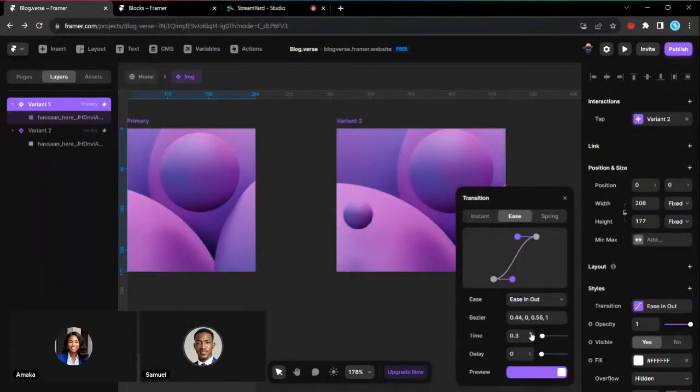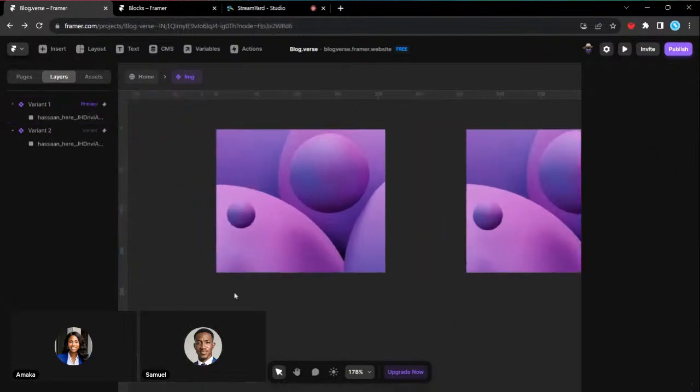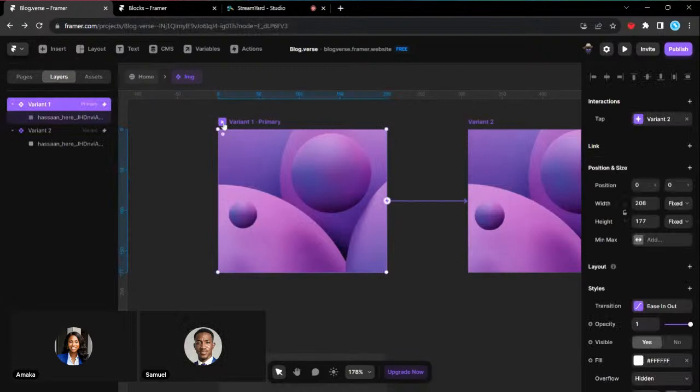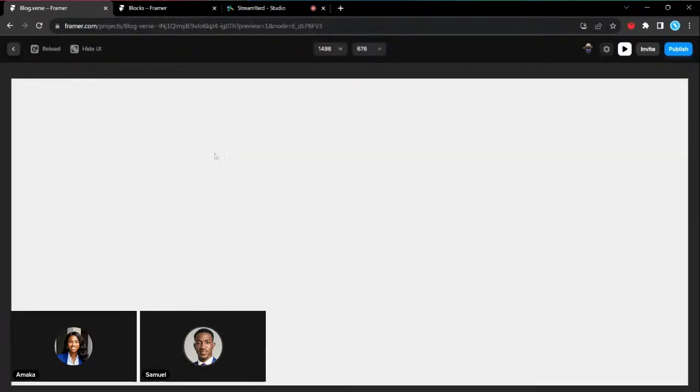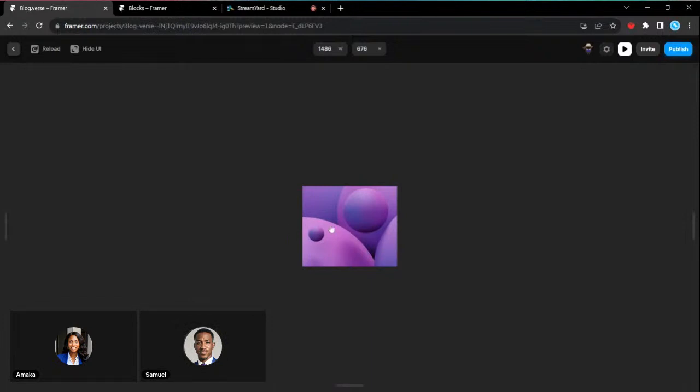Then you can set the transition to 0.5 or 0.6. Then you can also preview here. I don't know if I mentioned that. So you can preview right in the component screen. So when you click on that, you can easily